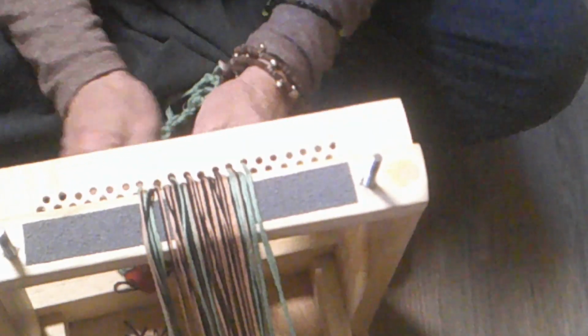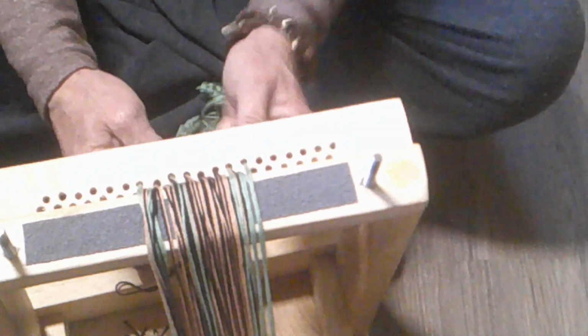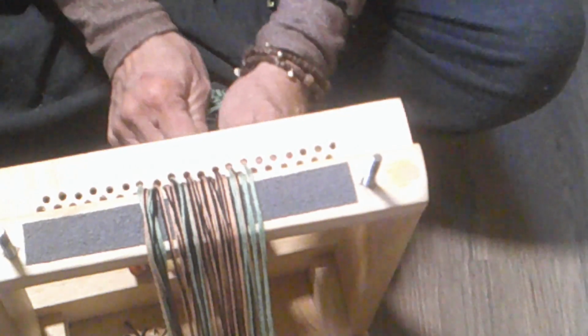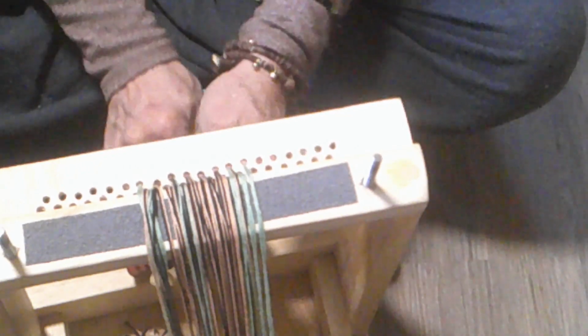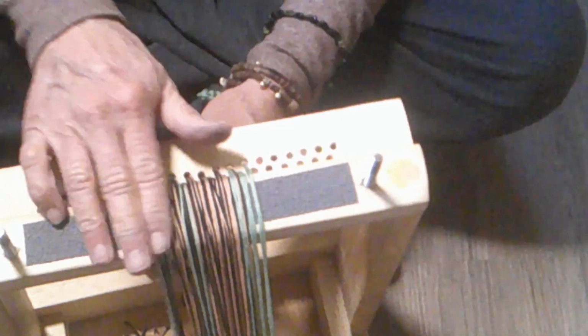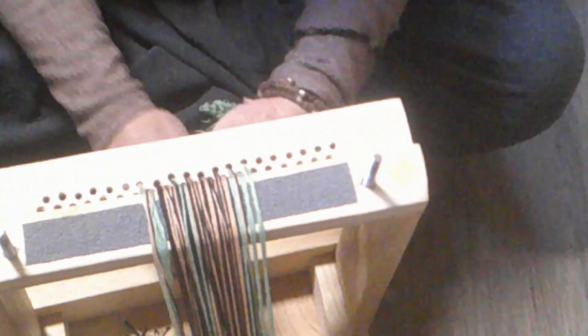And so now I'm just going to make sure all my cards are together. And I find at the very beginning I have to pull each bundle of 4 strings individually to work out any loose spots. But then from there on, just grabbing several bundles of 4 at a time seems to work. And so pull those tight